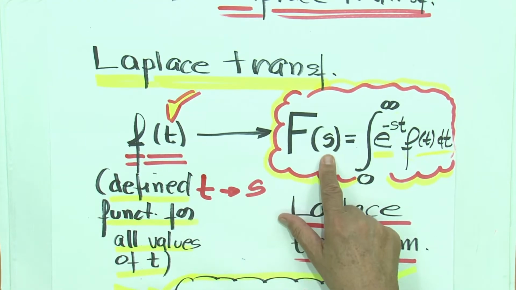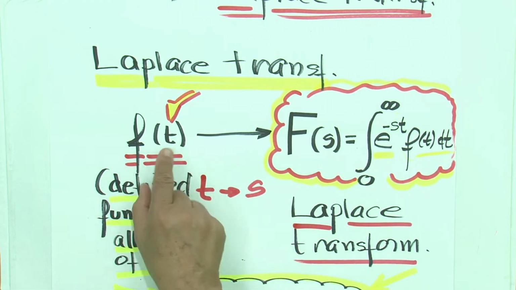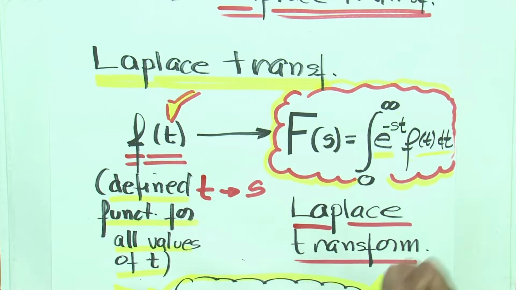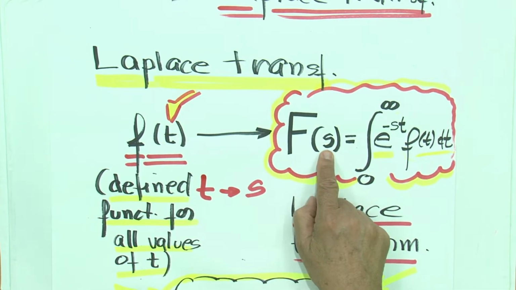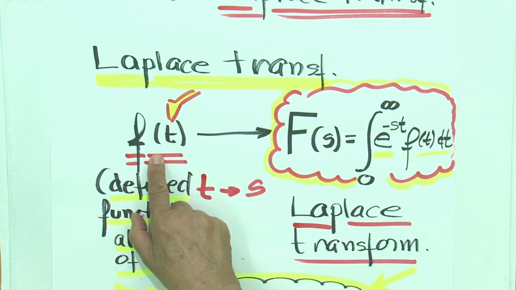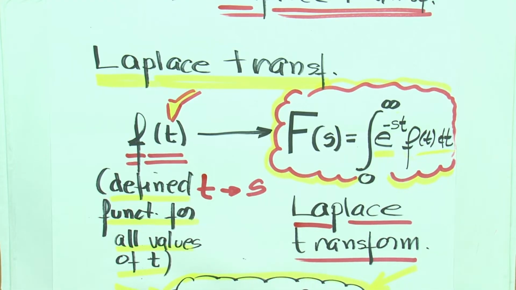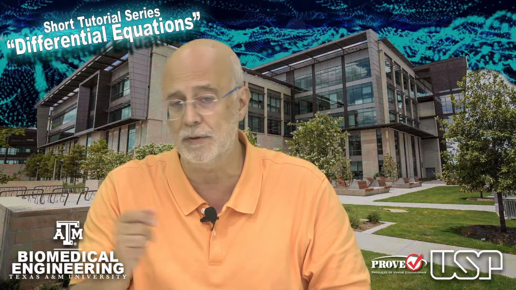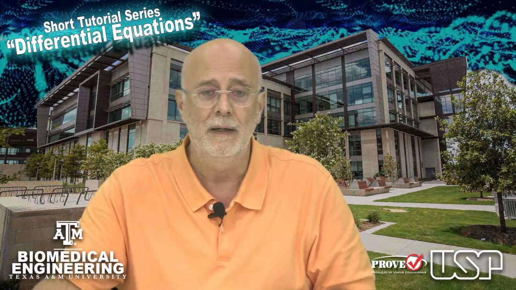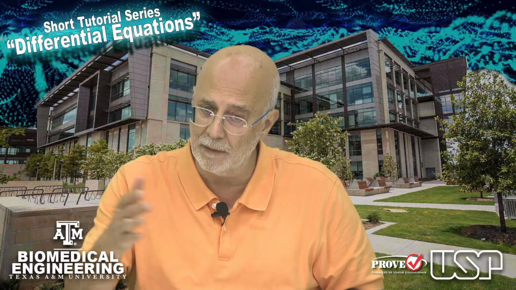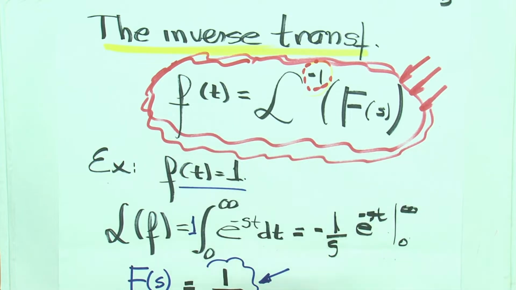Given a function, the Laplace transform goes from the original variable to a reciprocal variable. So F of s is like a mapping of the function f of t, but in another space, the reciprocal space of time. I gave you some examples where this is important, like going from time domain to frequency domain, or from space domain to reciprocal space domain, which are important in structures and in many things. And the inverse transform is the opposite, right?